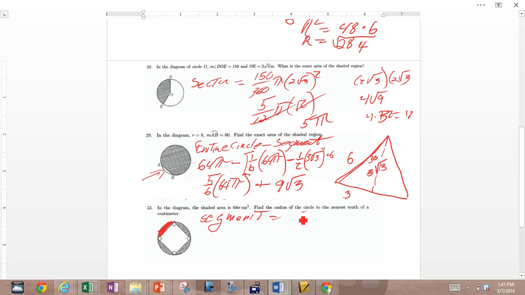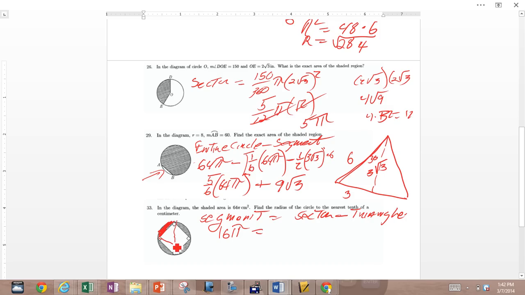which is equal to the sector minus the triangle, okay, is how we're going to find that. Now the segment is 1/4 of this entire area, okay? 1/4 of that entire area, which is going to be 1/4 of 64 pi, which is 16 pi. 16 pi is that segment. The sector,